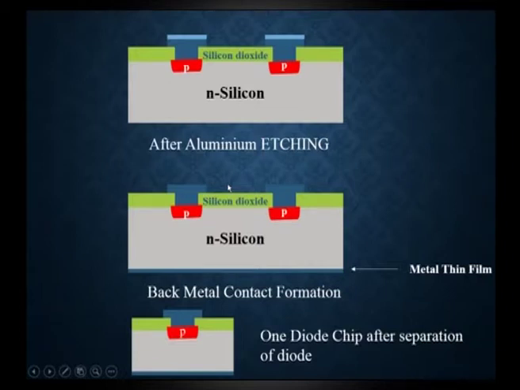So, on top of it, again we are going to make a metal contact using photolithography. Photolithography is a process where the design has to be carried out graphically. So, the metal interconnects wherever necessary will be carried out on the structure. Unwanted metal will be removed through etching by exposing it to UV rays. Photolithography is applied here again, and finally the unwanted metal is etched out, and one or two diodes will be formed in this process, which can be separated to get